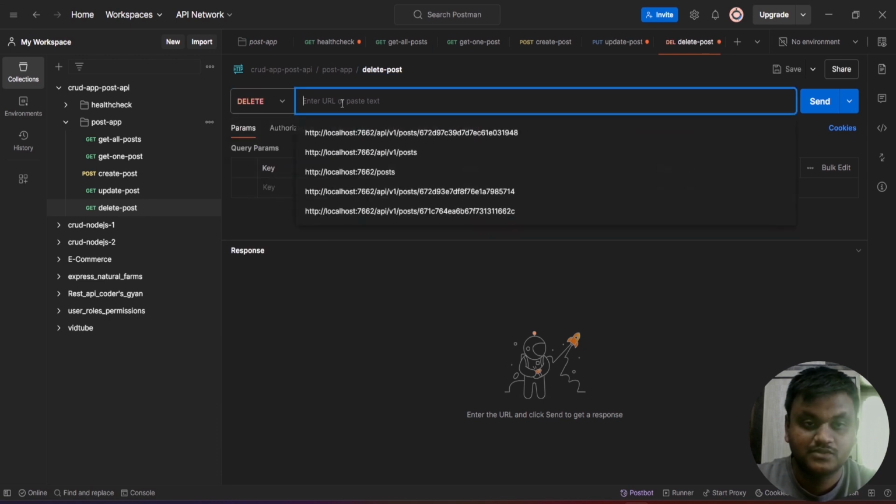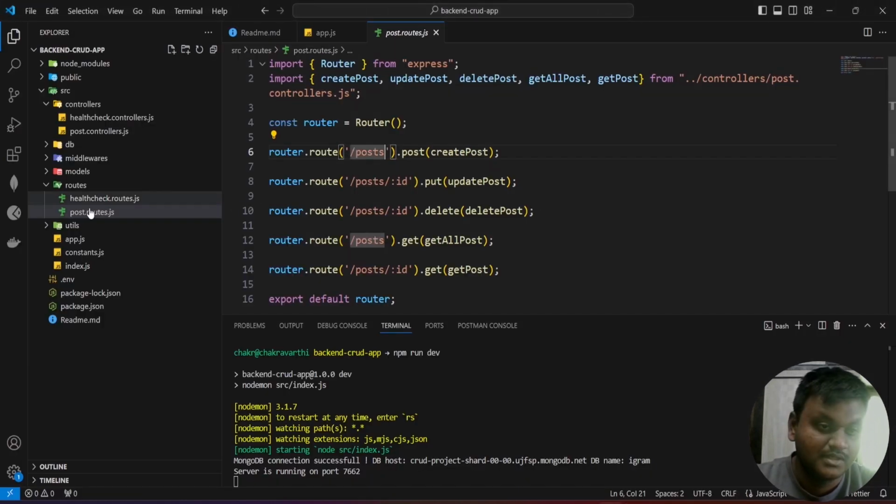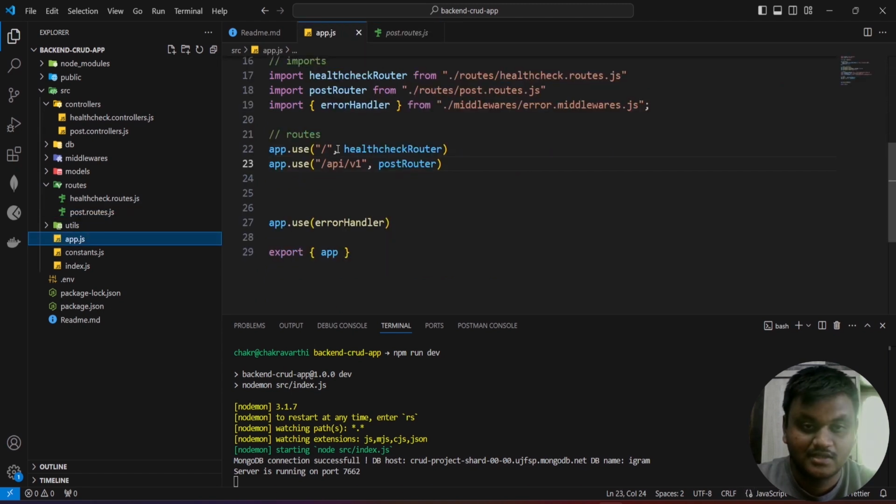Http://localhost:7662/API/v1/, what is the endpoint we have given? Come to my VS Code, go to my app.js, here API/v1, and this